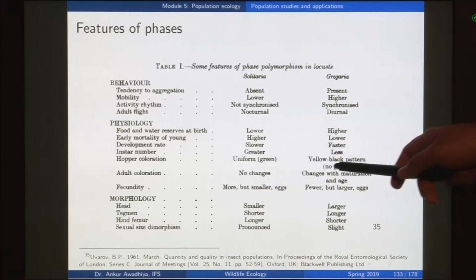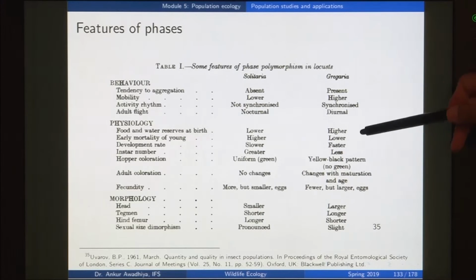So, in the case of gregarious, you will have less mortality of the young ones and a very fast conversion into adults. The number of instars is also less. Instar refers to the number of larval stages that you have. So, you can see that the gregarious phase has evolved in a manner that it does everything very fast. When it lays the eggs, the eggs have very little mortality, they very quickly convert into adults, and they have fewer in-between stages,